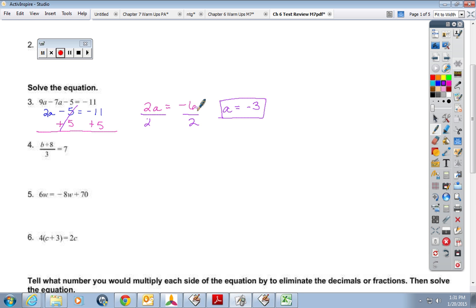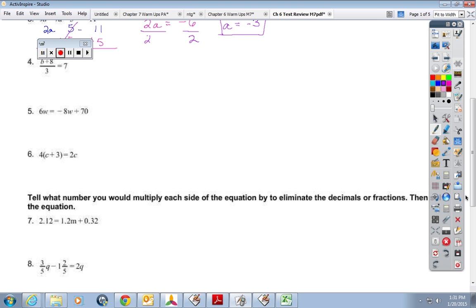Yes. Alright, so not number 4, there's not a problem like number 4 on the test tomorrow. But number 5, we need to get all the w's on one side. So instead of, I need to cancel these out. So what do I add to negative 8w that equals 0? 8w. But if I add 8w to the right, I